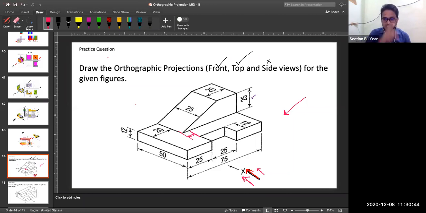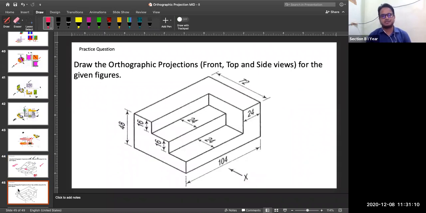There is one separate chapter for this. I have told you in the syllabus, I think chapter number 3 or 4, there is one separate chapter for orthographic projection. So in detail, we will draw each and every component. For this component, I will show you how to draw it in your AutoCAD. And you have one submission also for this. So no need to worry at all. Step by step, whatever I am telling you, just follow it. Okay. Now, this is the next problem.